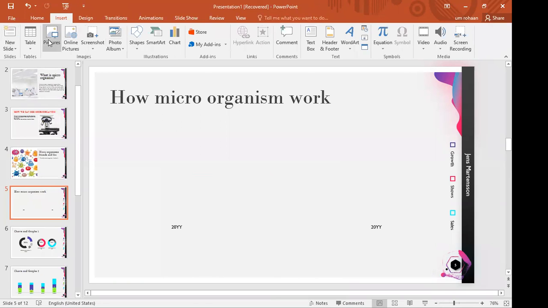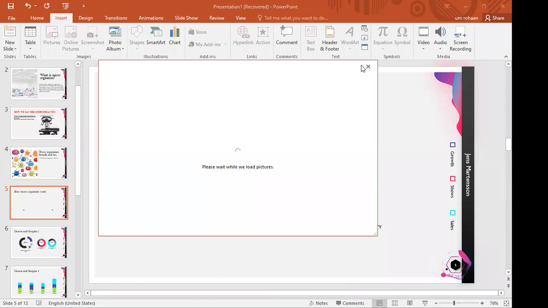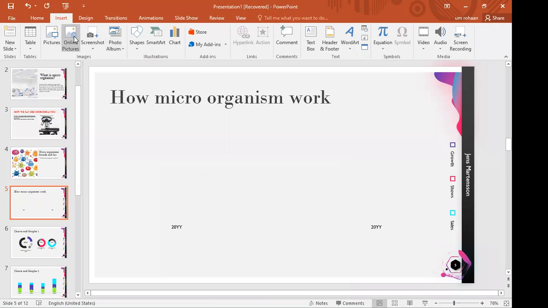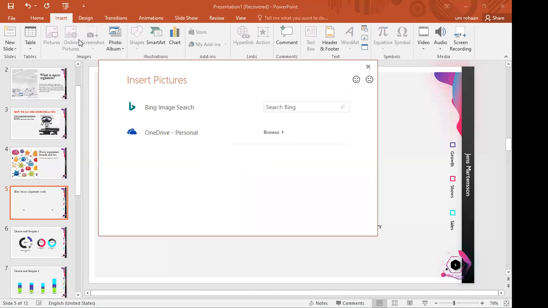Let me go to the insert button. Let me check in the insert, or even if you want to add video, you can add video. Where is the video option? Online pictures. There is no video option. Our time is also running out. How microorganisms work.